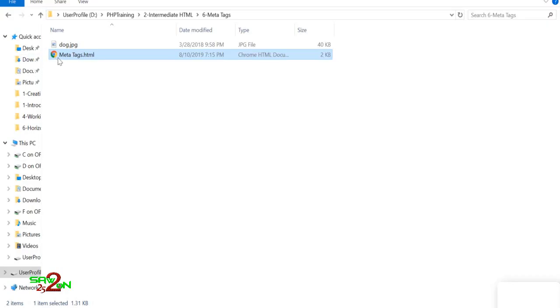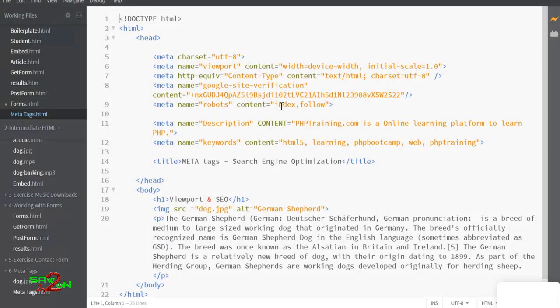If you open up this file, meta tags.html, there are a couple of things you can do inside the meta tag. First, for SEO purposes, you can add description and keywords. The purpose of having keywords and description is to inform the search engines that come and index your page, to tell them this is the description of the page and these are the keywords I am ranking for. It means if someone searches with these keywords on Google, you might consider displaying my page with this description on the search engine.